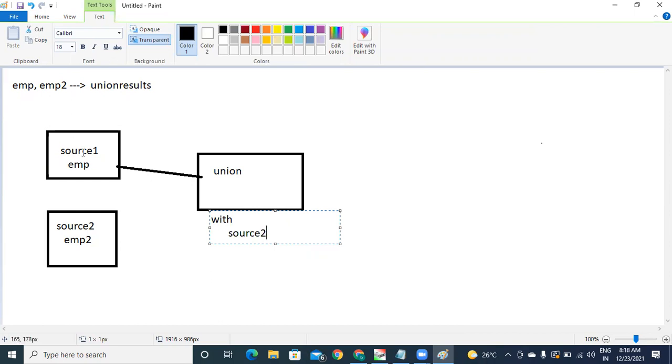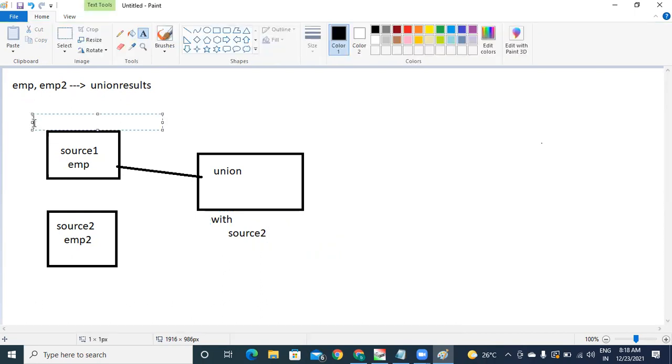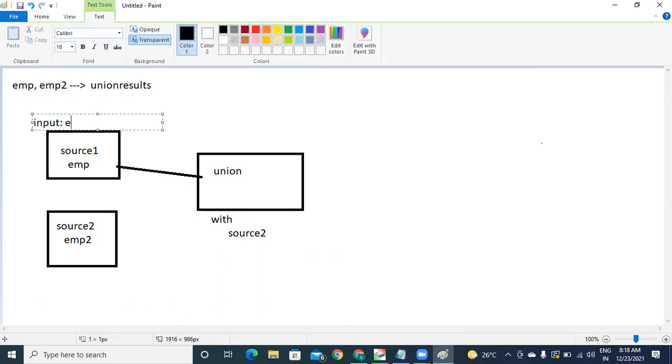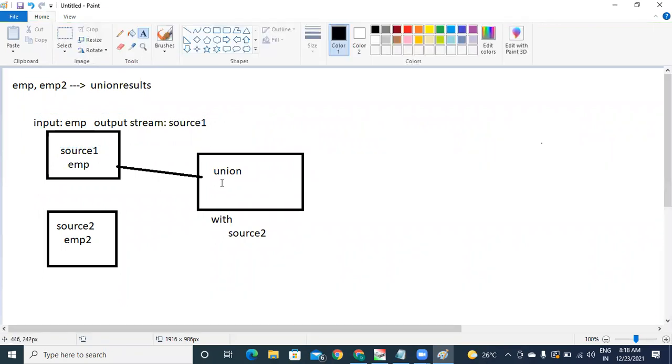So here look at source 1. Input is EMP. Output stream, that is called output stream. Output of one transformation is called a stream. Output stream is source 1. The source 1 will be the input for union. And also it is asking union with what other stream, that is source 2. Got it. Now whenever you have configured source 2, what will happen is connection between these two things will be automatically happen.